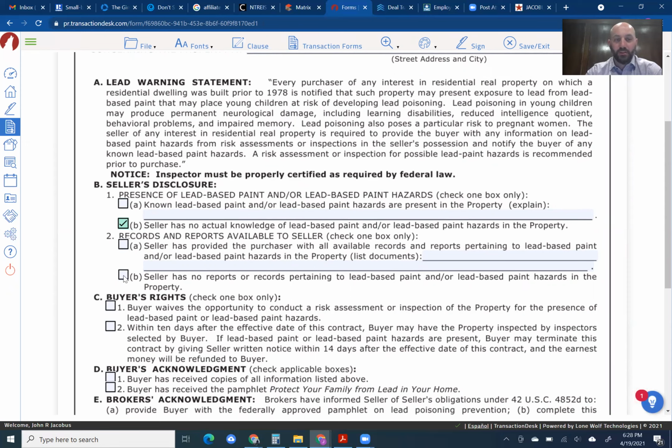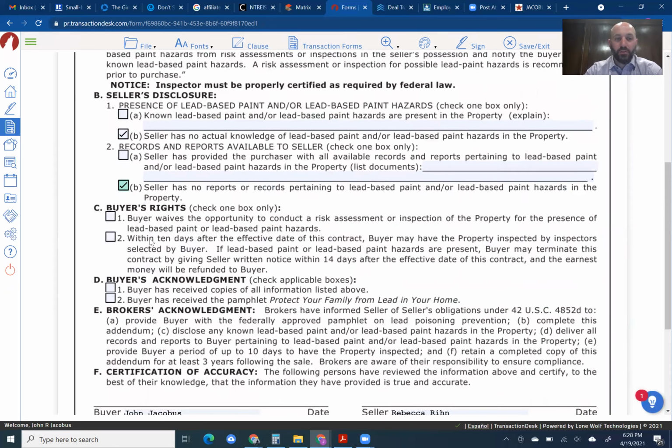Okay, and then the second one, same thing, seller has provided the purchaser with all available records, and they would list the records, or seller has no reports or records pertaining to lead-based paint, which majority of the time is what they're going to do. And then you've got a couple options here as a buyer's agent. You can have the buyer waive the opportunity to conduct a risk assessment or inspection of the property for that lead, or within 10 days after the effective date of the contract, you can inspect the property,